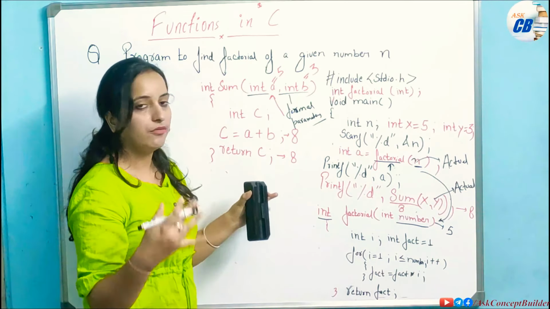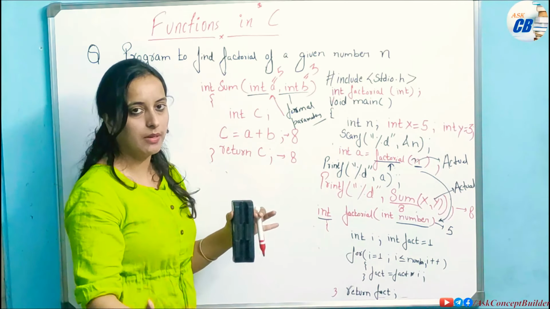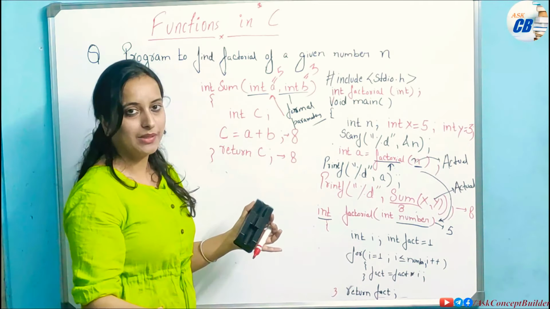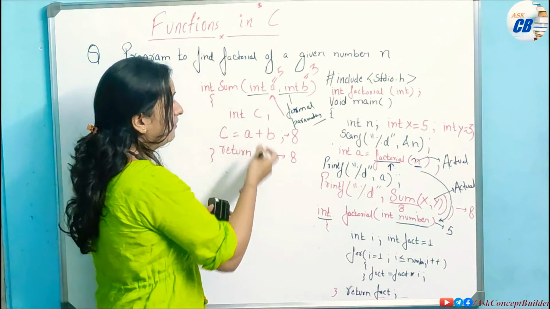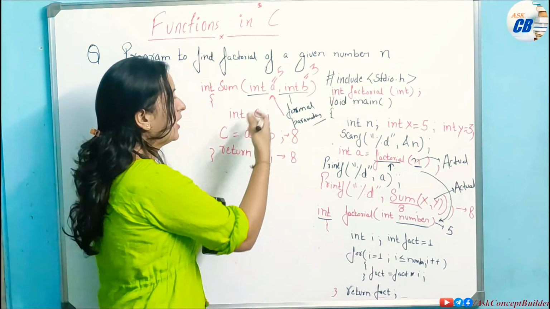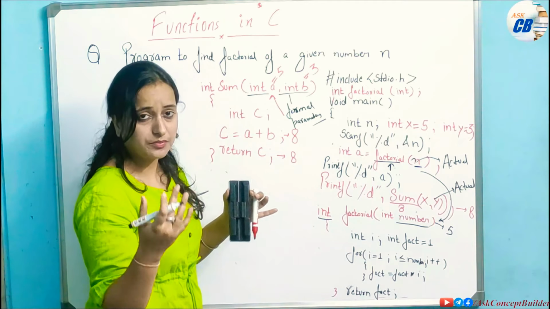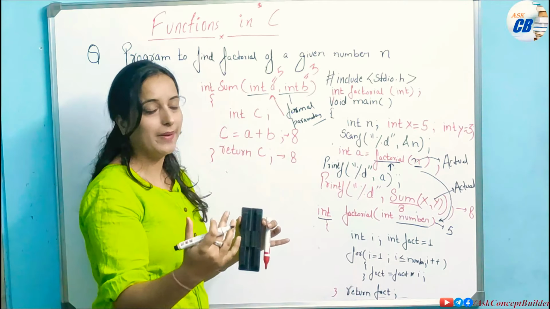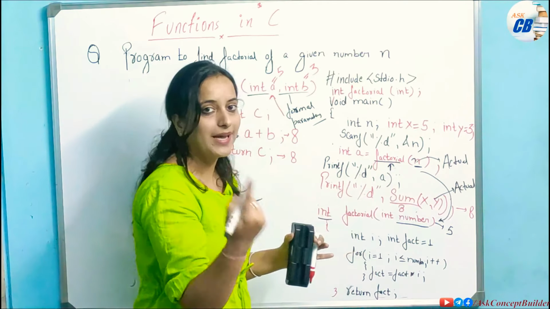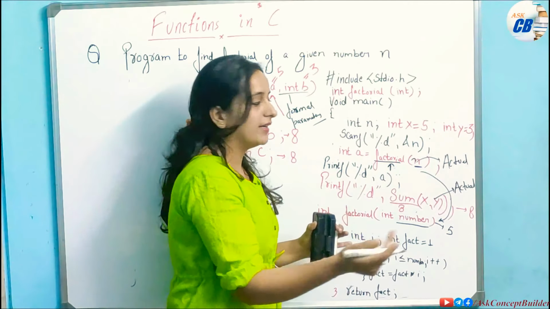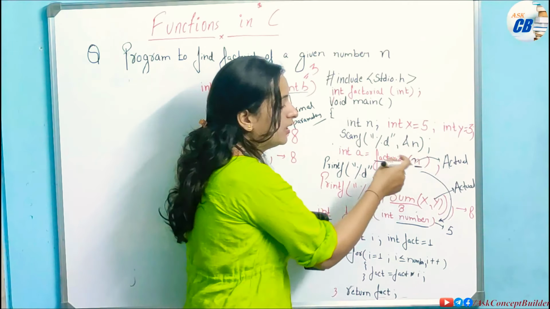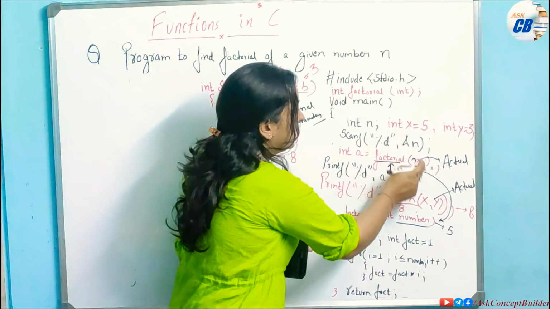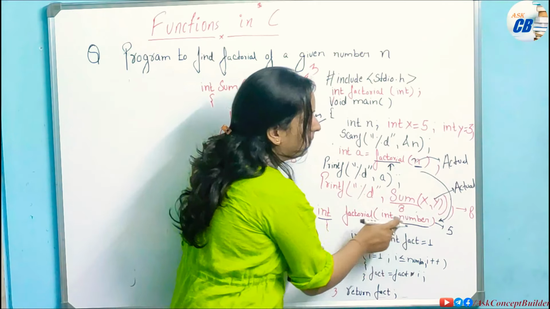Sometimes you can get confused between actual and formal, so you can remember it like this. See, here we are defining only this a and b, we don't know what the values can be. In the definition of the function, because we want these parameters, we have the formality to define those variables. So we are simply declaring a and b here, that's why they are called formal parameters. But at the calling of the function, you are passing the actual values for which you want to find the result. Like this n will be the value for which you want to find the factorial. So that n is the actual value, and you are passing it to the formal parameter.